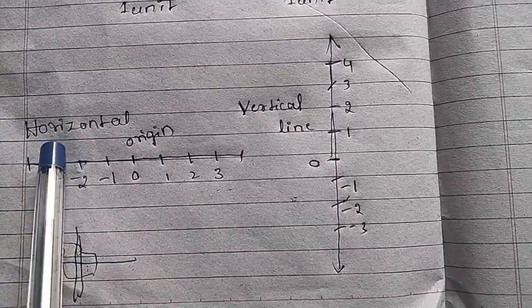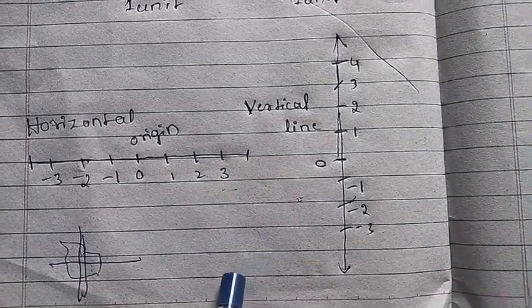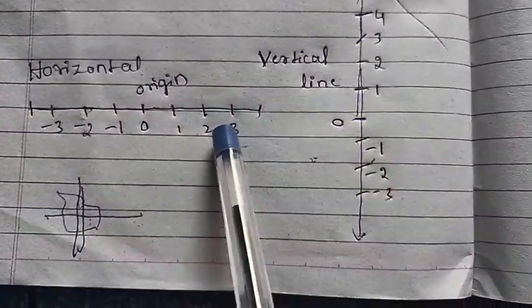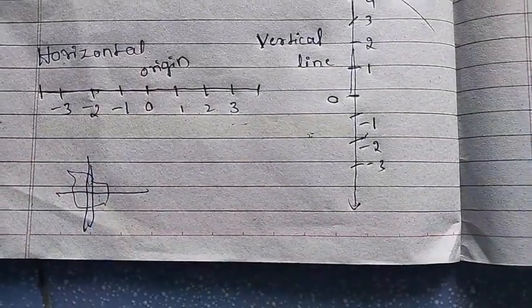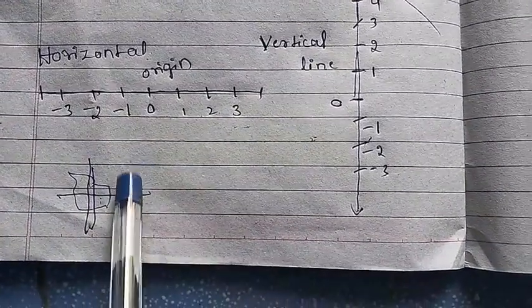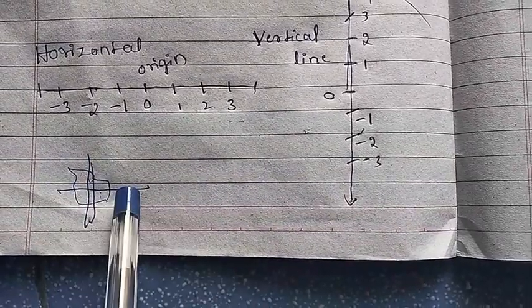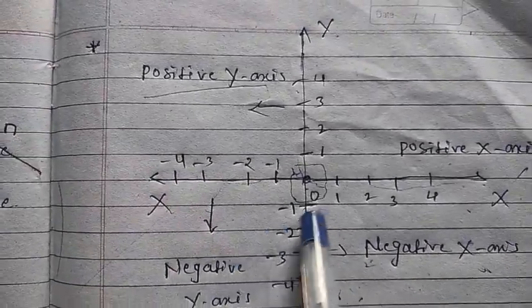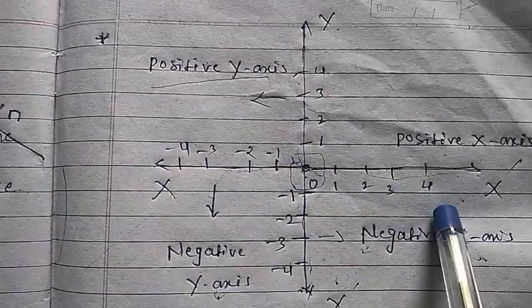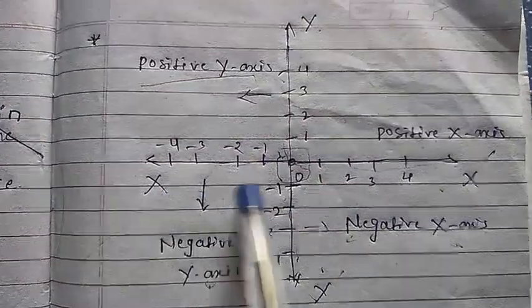So one more point: the horizontal line and the vertical line. Now see perpendicular. If these two lines join, they form a perpendicular. What is a perpendicular line? The angle between the two lines is 90 degrees. Such lines are called perpendicular lines. Now these two lines you have to join. See here. If both lines are joined, these two lines are perpendicular lines. Now remember, this is Y dash, X dash.